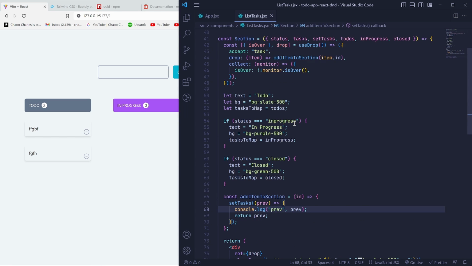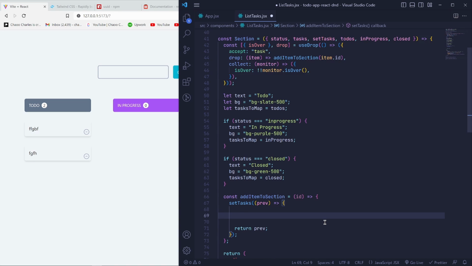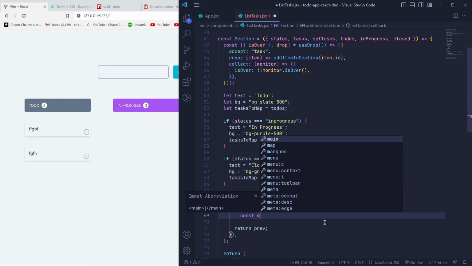So if you try to use task right here, which is still our state, you might experience some weird behavior. So that's why I'm using this one. Now right here, since this previous is an array of tasks, we can filter them. So I can say const. Actually, it's not to filter, but I'll modify a specific task and then I'll update the state. So I'll say mTasks,